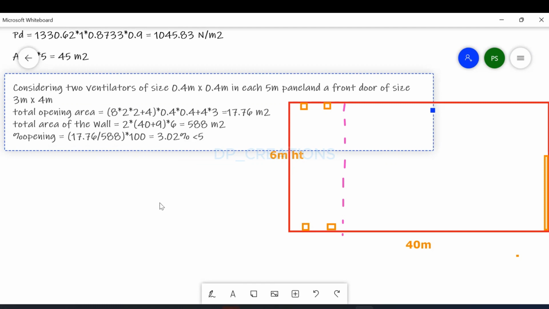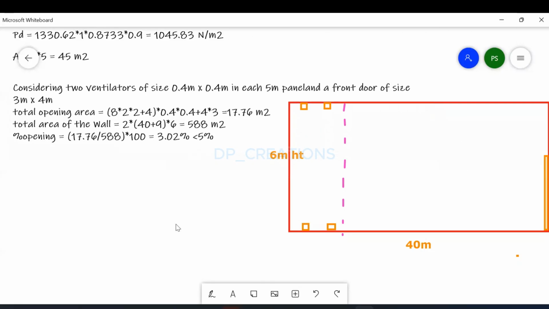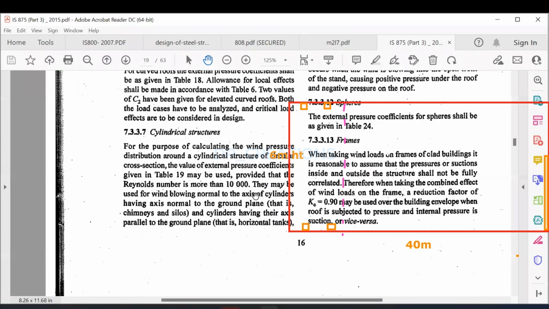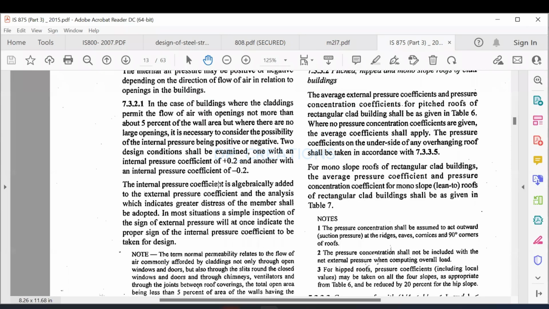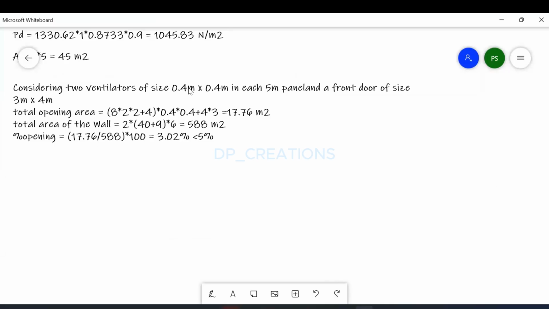So you have taken very less opening. So less than 5%. So you have taken very less opening. That's why it becomes 3% only. Because we are not considering any windows. So if you consider any windows, then definitely this will increase. Okay. So based on this, you go to clause 7.3.2.1. Okay. In case the building's cladding permits for where with opening not more than about 5%, the wall, so 7.3.2.1. Okay. So according to clause number